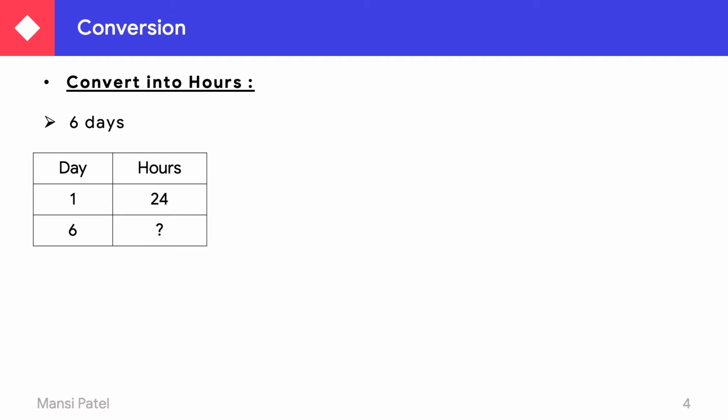Here, the number which is written in the cross, do the multiplication. So here we have to do the multiplication of 6 and 24. Now the thing which is remaining, just write down in the division. So 24 multiplied by 6, and in the division we write 1. As we know, 24 sixes are 144. So 144 hours, that is our answer.